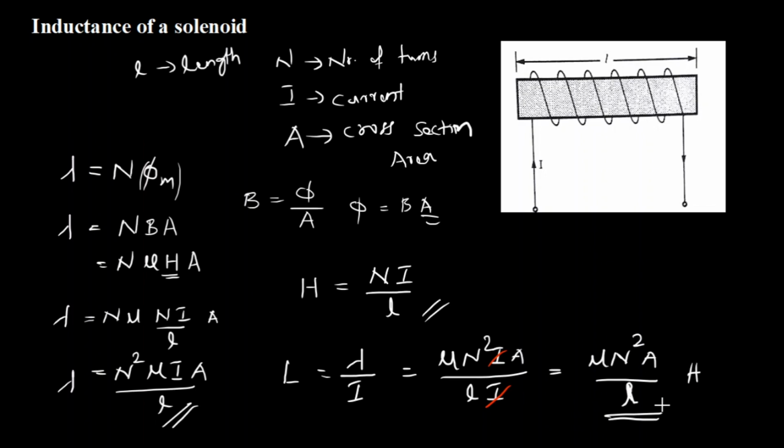If air is taken as the core, it becomes a basic inductor, as you know. And if I insert some other medium to make a solenoid, as you can see in the figure, then the permeability of that medium matters. According to that, the inductance will vary. As you can see in the equation, the inductance is directly proportional to the permeability of the core. So along with other physical parameters, the permeability of the core also matters. So this is about the inductance of a solenoid. Thank you.